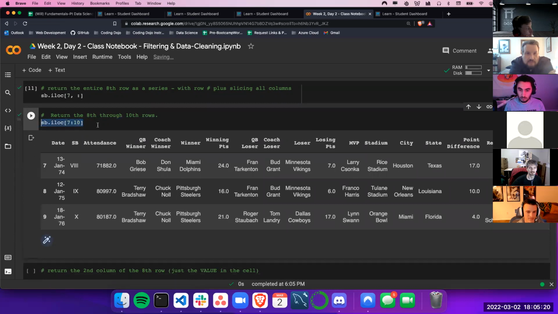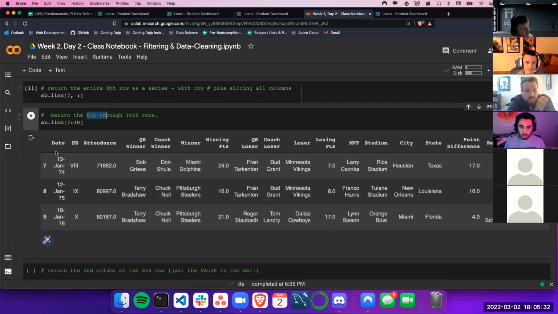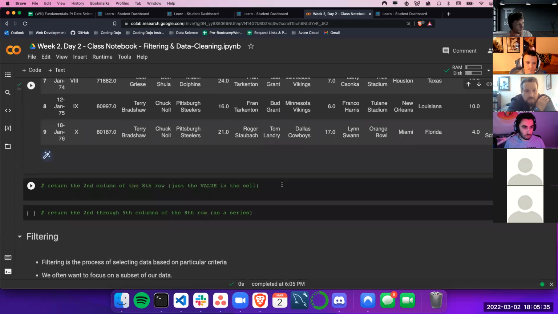Good catch. I see what you're saying, Nick. But this is the 8th through the 10th rows, because it's the 7th through the 9th, since we start at 0. Cool. So let's say I just wanted to return the value from the 8th row in